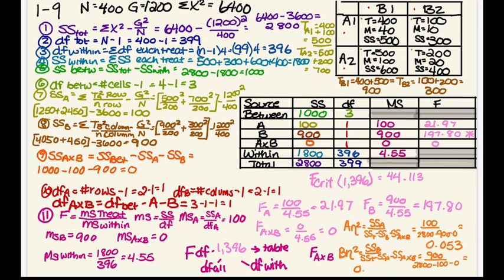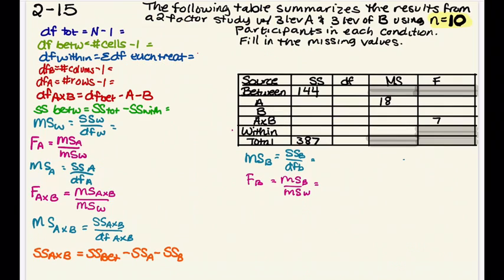This allows you to isolate the percentage of variance that is explained by each treatment individually. Our next question provides us with a partially filled out summary table of the results from a 2-factor study with 3 levels of factor A and 3 levels of factor B, using a separate sample of n equals 10 participants